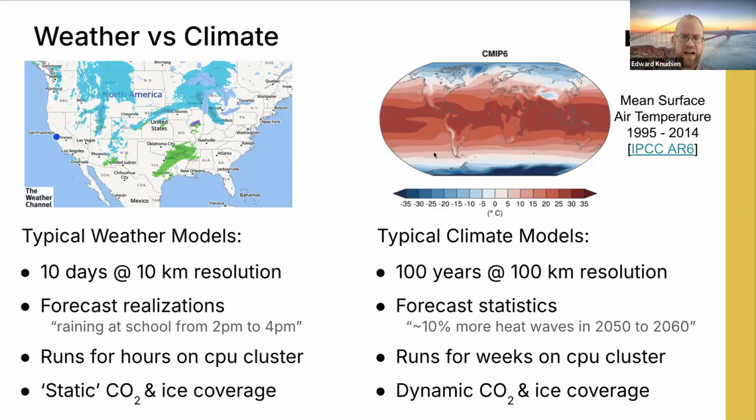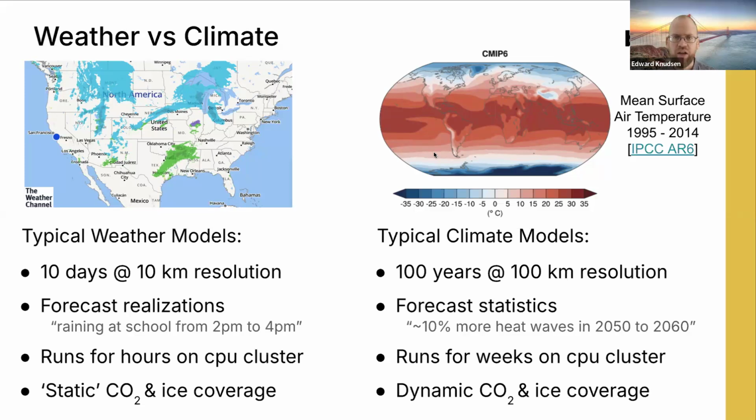The weather models tend to run for hours on a CPU cluster. So in the US and Europe, a big weather model will update several times a day. And that means the model has to, let's say, take less than 6 hours to complete its 10-day prediction. Climate models, by contrast, can run for weeks or sometimes even months on supercomputers. So at a national lab with many thousands of CPUs working in concert, a machine might work on a single climate simulation for a month or two. That's a very standard practice right now. And finally, it's interesting to note that weather models don't consider a lot of the physics that climate models do.